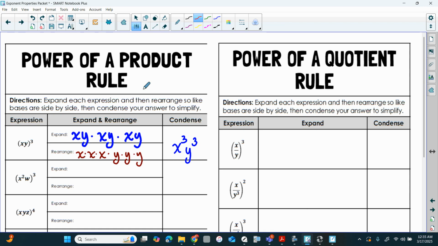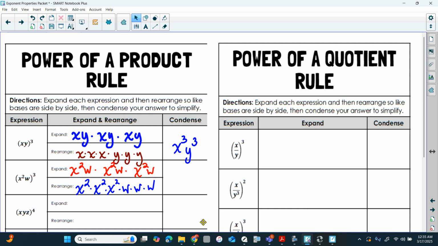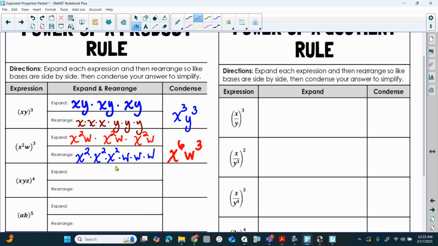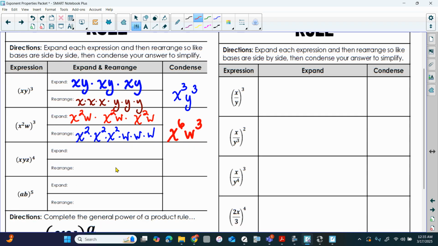So if I'm doing x squared w raised to the power of 3, I'm getting 3 factors of that. And then if I rearrange that, okay, all my x's are together. And so this ends up turning into x to the 6th power, w to the 3rd power, because I have 3 factors of w. And then I just add up my exponents here. There's 6 of them. So I want you to try the next 2,